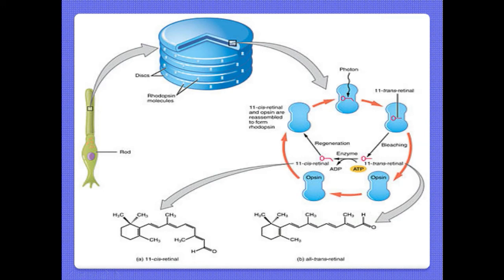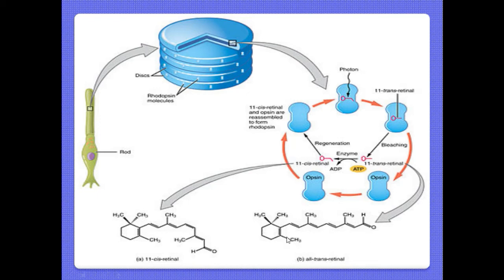And this protein opsin is removed; only this molecule goes. This molecule, 11-trans-retinal, is converted into 11-cis-retinal. This protein is called opsin. Opsin comes again here, where you see the 11-cis-retinal regeneration process. It is regenerated and combines again with opsin protein. 11-cis-retinal and opsin are reassembled to form rhodopsin. Again rhodopsin comes here. It is a cyclic process, the visual cycle.